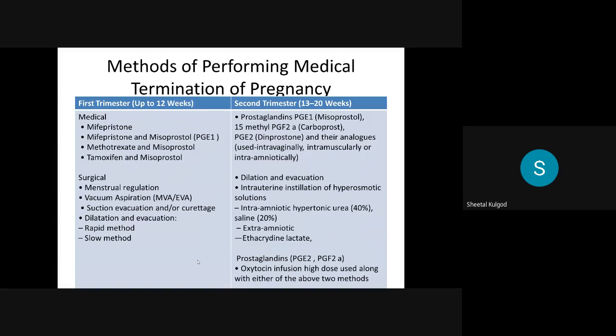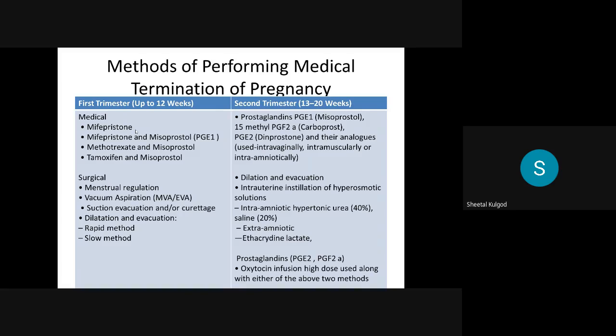So coming to the methods used for performing the MTP, there are different methods for first trimester and second trimester. In the first trimester, we can offer medical methods or surgical methods. In the medical methods, there are different combinations of tablets which are used and tried. They include mifepristone, which is also called RU486. It is an anti-progesterone